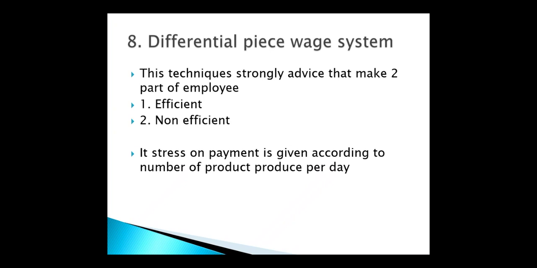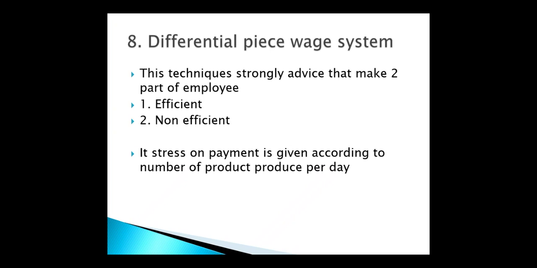The efficient workers will once again perform well, no doubt about that. The non-efficient workers are the ones the manager should motivate, either orally or by payment. Within the piece wage system, he described how to give payment in a production industry to non-efficient workers: payment depends upon the number of products produced per day.